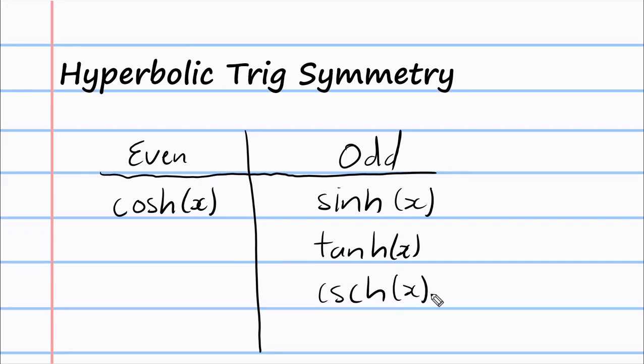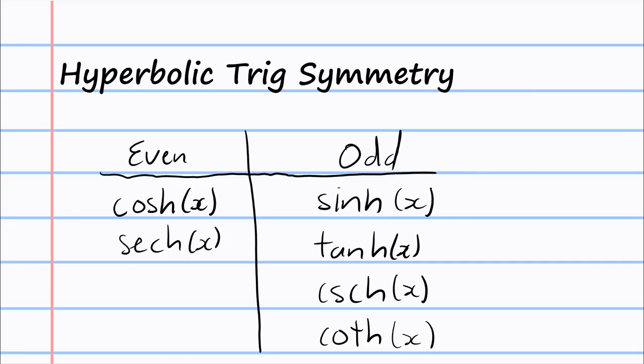Cosech x is an odd function, the same way cosecant x is odd. Sech x is even, the same way secant x is even. And last but not least, coth x is odd, the same way cotangent x is odd. So basically, hyperbolic trig functions have the same symmetry as their corresponding,